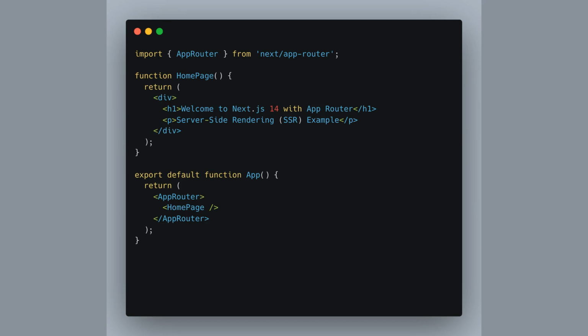Let's start by setting up a basic Next.js 14 project using AppRouter for server-side rendering. Here, we import AppRouter from Next.AppRouter and create a simple functional component, homepage. Inside homepage, we have a header and a paragraph to display our content. Finally, we wrap homepage with AppRouter in our app component. This setup is the foundation for leveraging the powerful features of SSR in Next.js 14, which we'll explore in detail